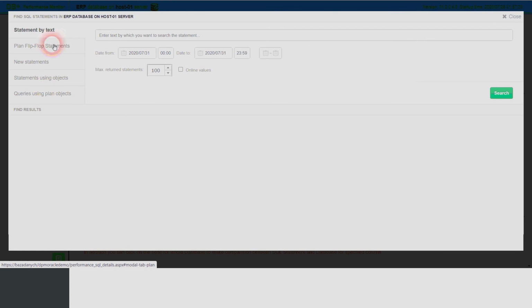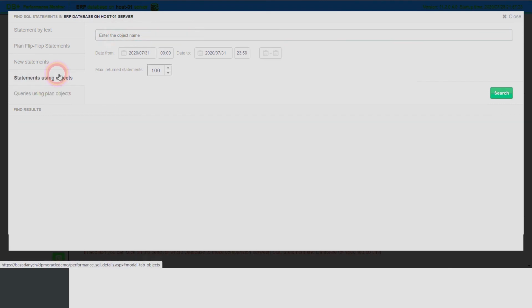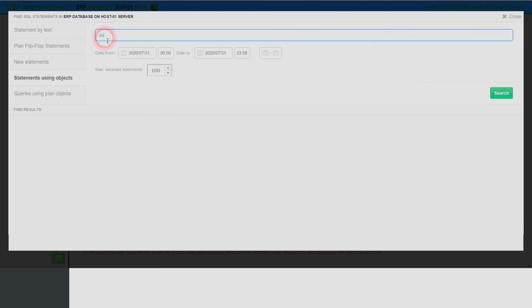There are other functionalities like queries using plan objects, statements using objects. For example, I can search for an index, and if this index is not used in other queries, I am already closer to the answer whether I can remove it to improve the execution of the query. The report shows whether the object in question is used in multiple queries. The Performance Monitor checks it through the execution plans that are stored in the database for each query launched in